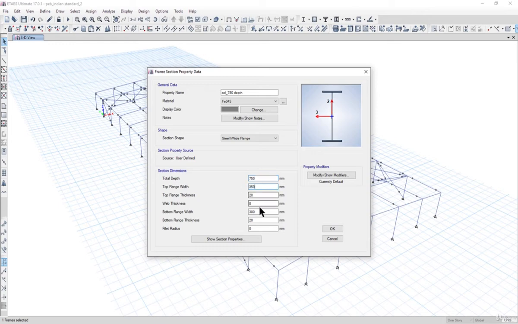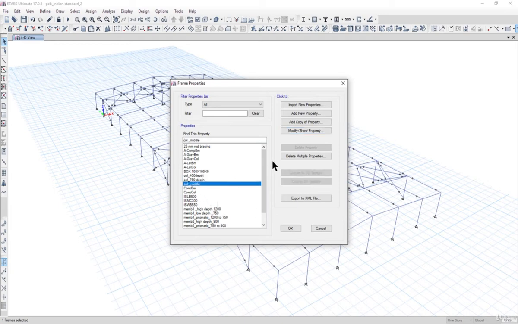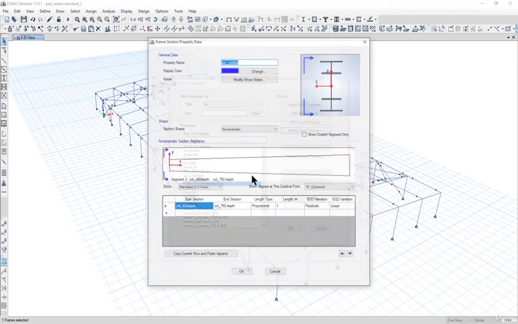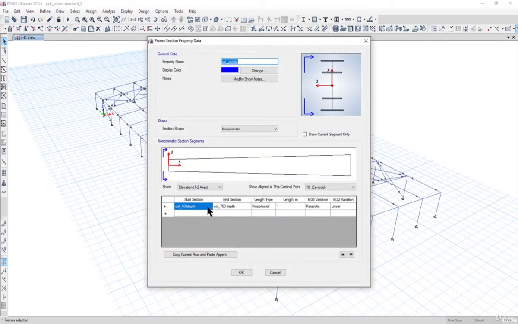Top flange width as 350, and we need to change the top flange thickness as 16 mm here, and bottom flange thickness also as 16 mm here. So we left click on OK, and then we check column_middle, which is made up of this plus this. So if we see here, you will see that it has automatically changed the start section and end section. Initially it was column_300 and column_600, but now it has automatically changed.